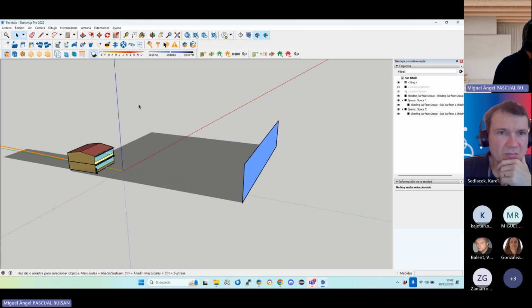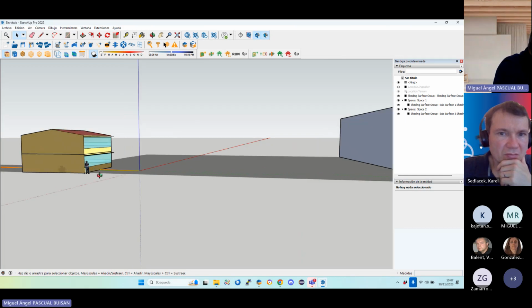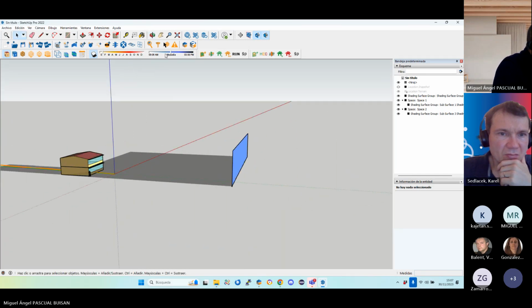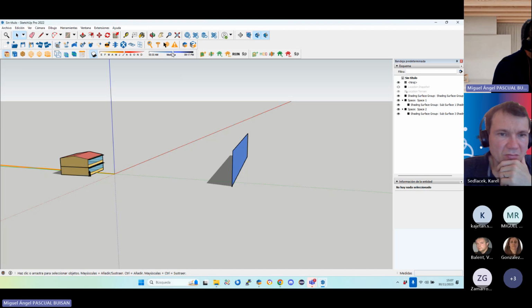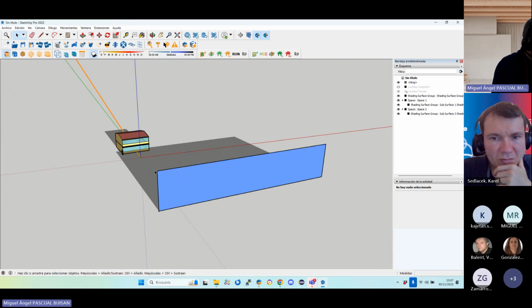okay, you see that at noon, we have some shadows here. But in summer, okay, the shadow is much shorter. So, okay, now we can have a problem because